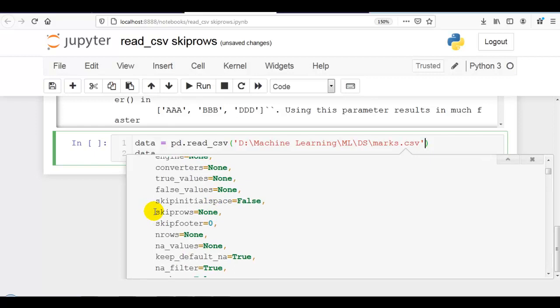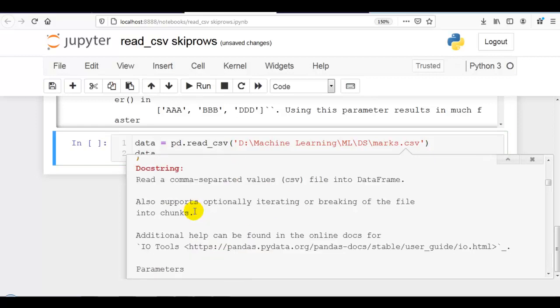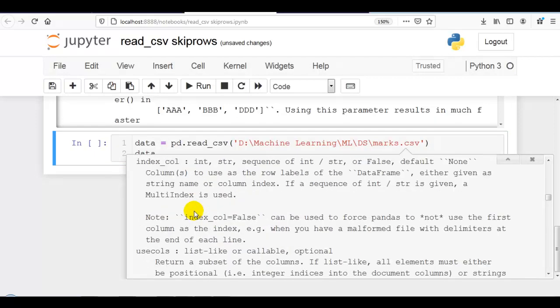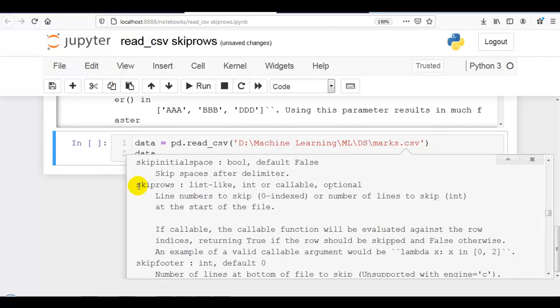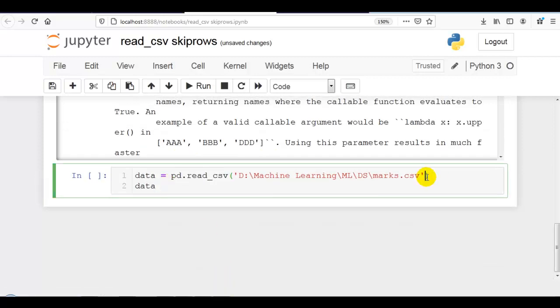Here you can see skiprows. As I said, it's list-like. We can also provide an integer or callable, and it is also optional. So now let's start our first example.